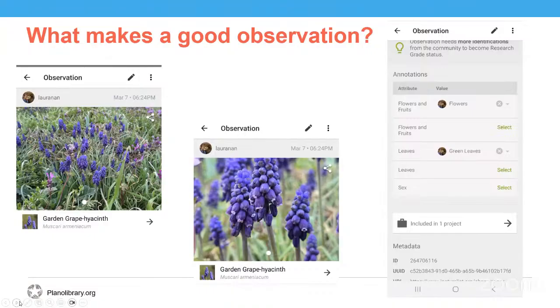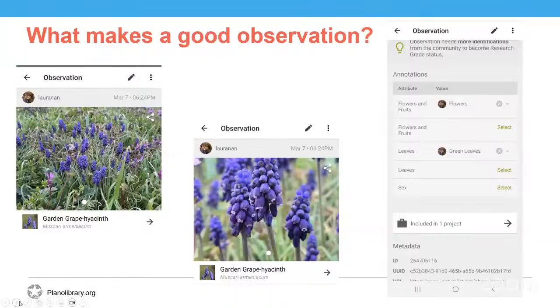So you can see for this garden grape hyacinth, I have the zoomed out picture there on the far left, and then right next to it, I have zoomed in on the flowers. Now, if your camera is struggling to focus, you can put your hand or a sheet of paper behind the plant. If there's a breeze, you can gently hold it still to get a photo, but only touch a plant if you're familiar with it. Avoid thorns, poison ivy, and poison oak. When in doubt, don't touch.